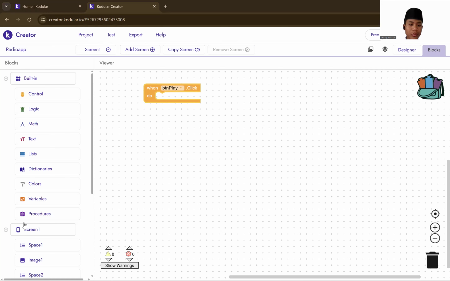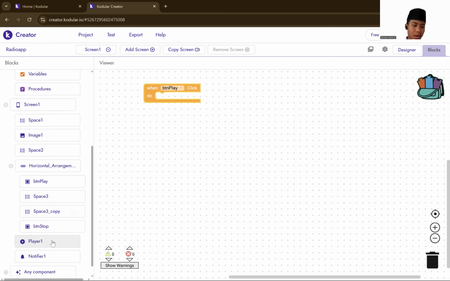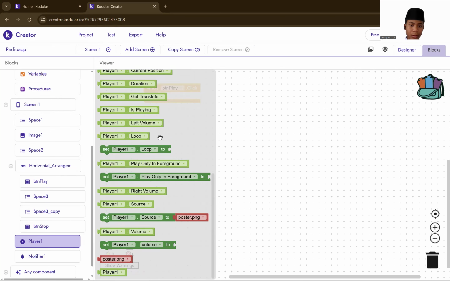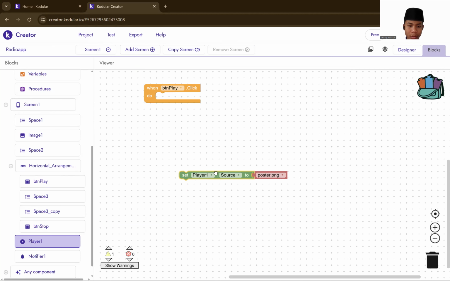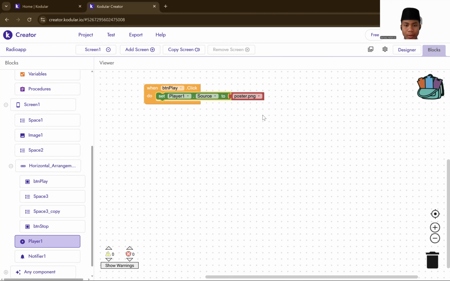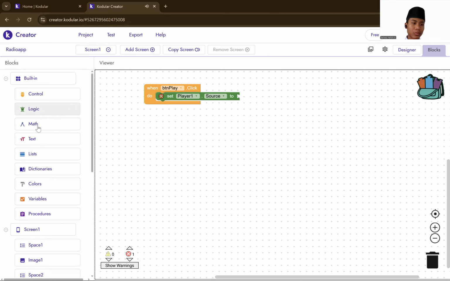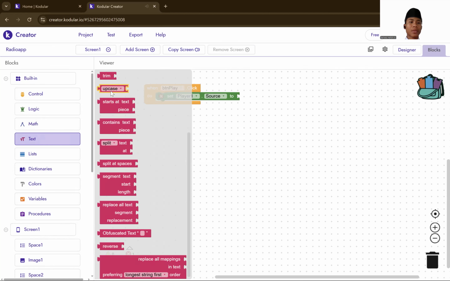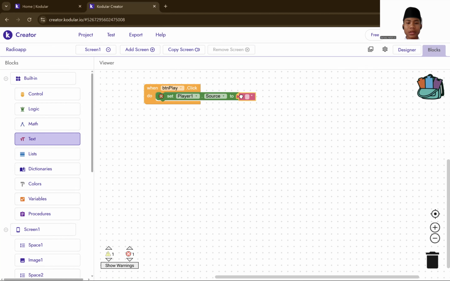Okay, and then you go to set player one dot this score, and then you delete and go to text. Then insert a text string.